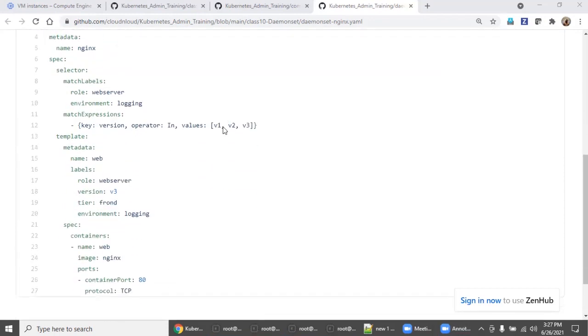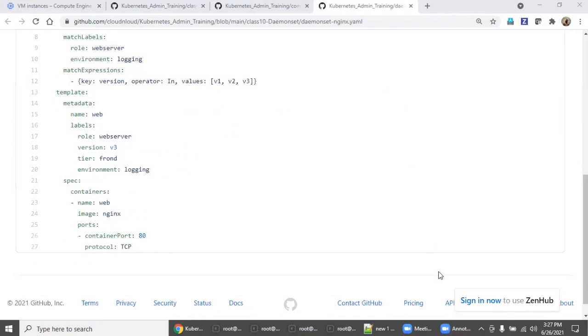If you go down, the container we are going to create is nginx. Say you have a custom image in which you already built all your logging governance and monitoring governance.